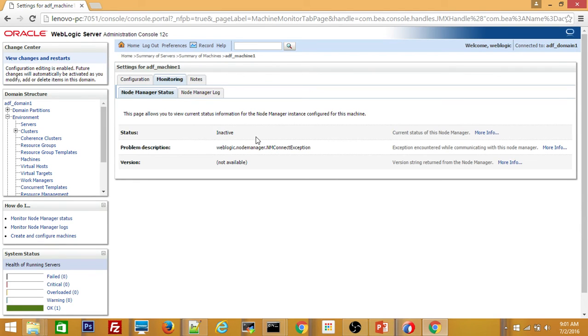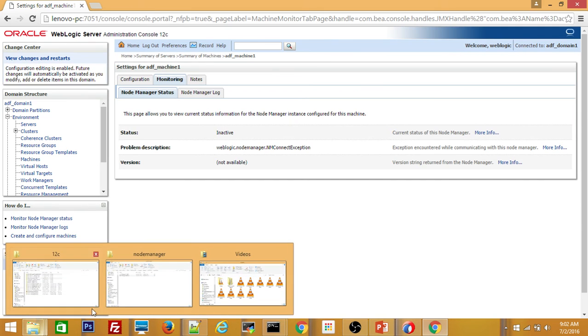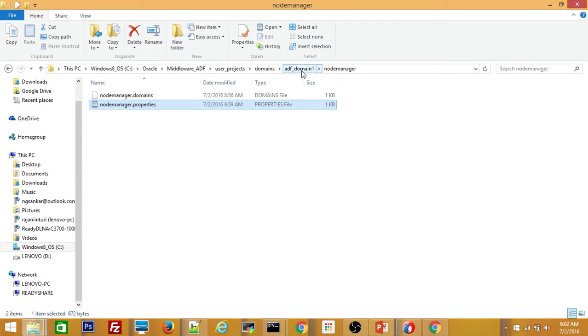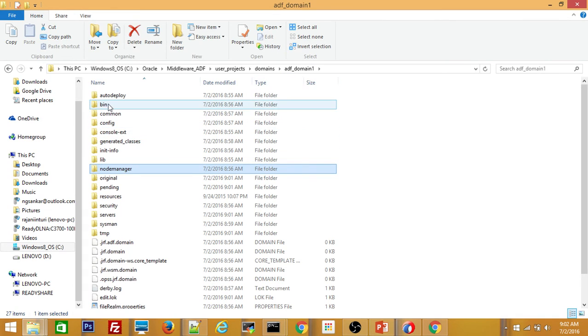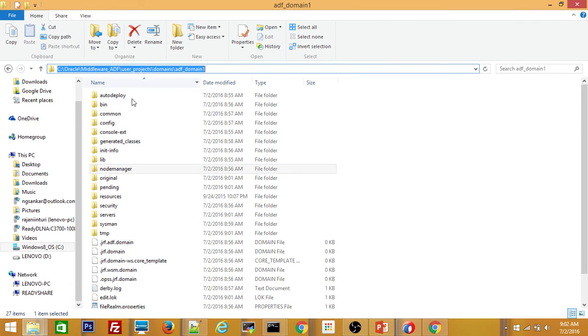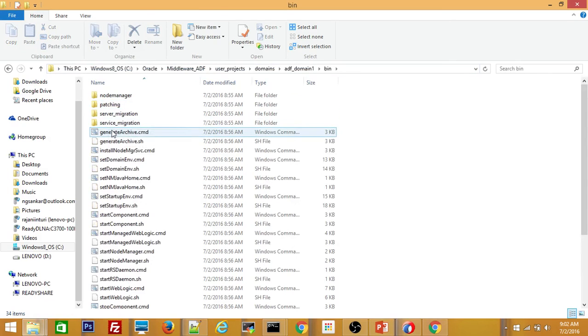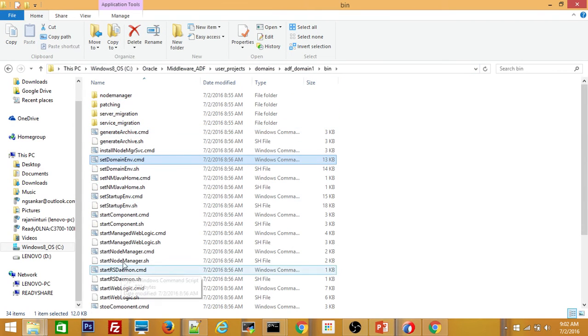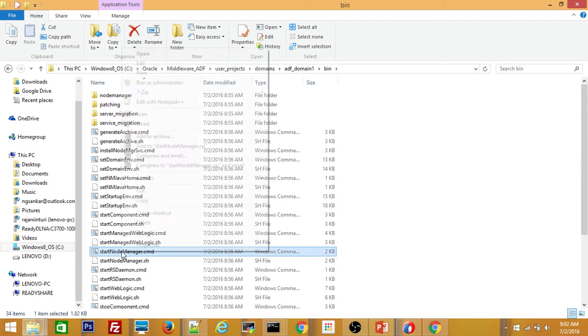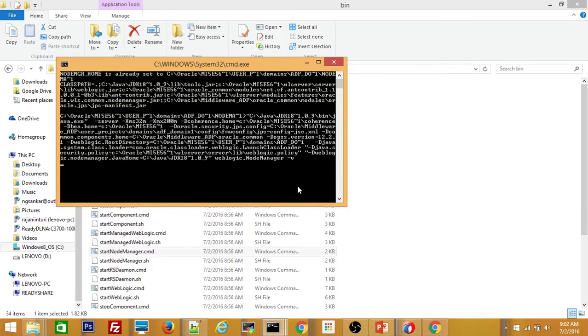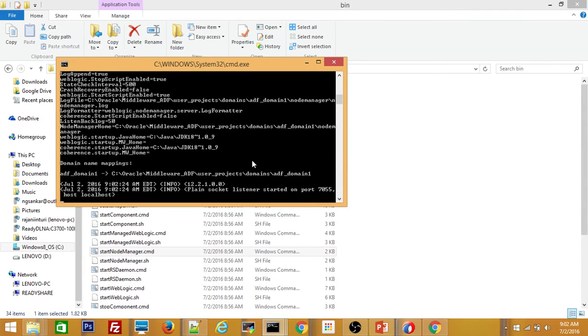So that means we have changed the properties, but we have not started the node manager. For this, you simply go to your middleware location, which is the domain, and go inside bin. Here you see a file called start node manager. Just right click and say run as administrator. So this will start your node manager. It's already started. When you see this plain socket listener started on port 7055, the node manager is up